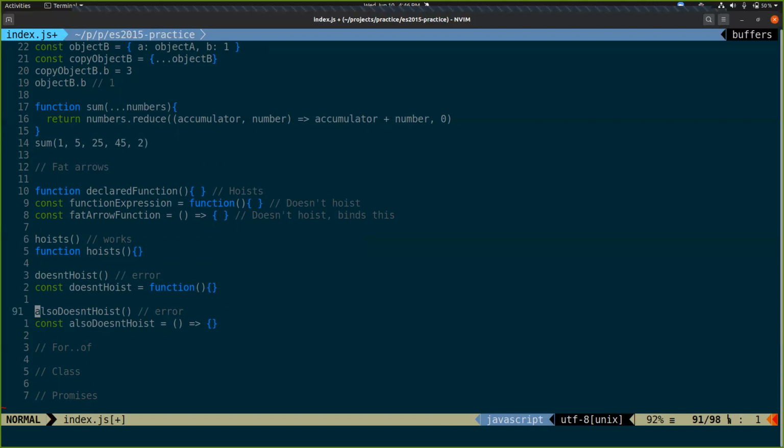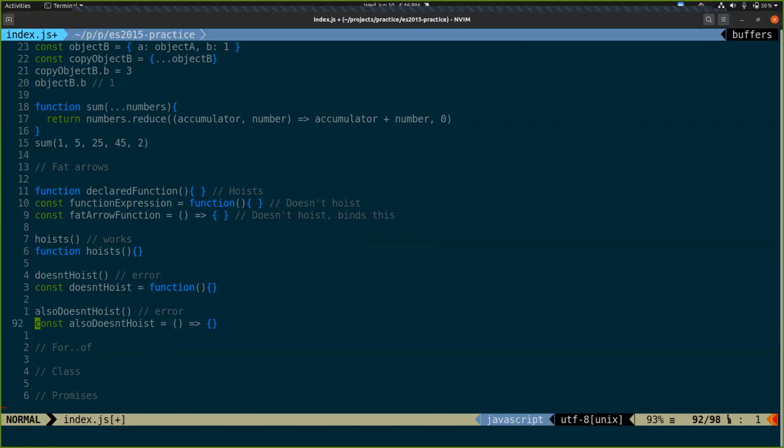This in JavaScript kind of works similar, except not really. This in JavaScript is referred to as the calling context. And what's confusing about it is it can literally mean 8 different things. That context can change very easily.